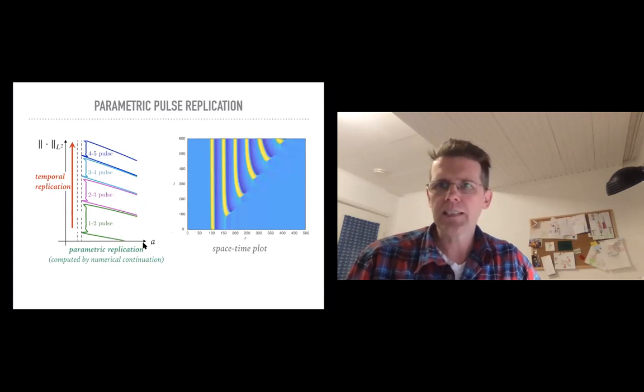And what you've just seen is this temporal pulse replication, which also made it into the title. And what I'm talking about now is the accompanying parametric replication, which is depicted here on the left, where A is this horizontal axis, that's this primary parameter that we are looking at. And the vertical axis is the L2 norm. So roughly speaking, the temporal transition or replication means that we are moving up in the L2 norm because we are adding more and more of these pulses. And that's also in parameter space occurring roughly where this red line here is.